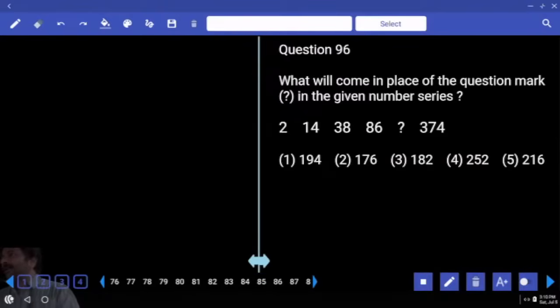Clear? See, if you don't answer your questions, if you don't start working with your mind, it will not help you for your preparation. For sure,